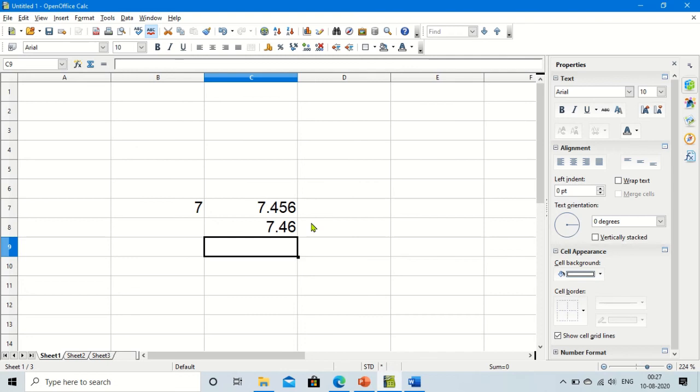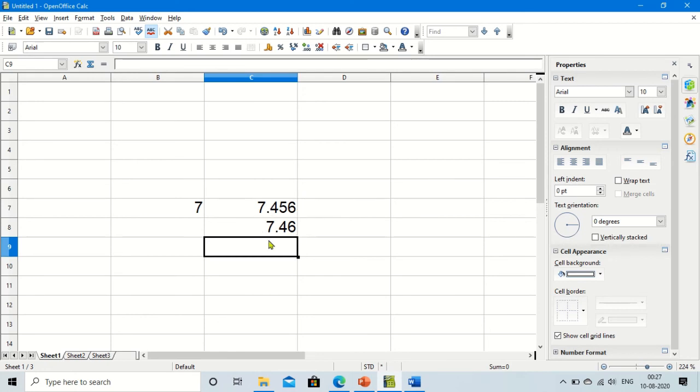If a number which is going to be eliminated is less than 5, then nothing will be added to the previous digit. If it is equal to or more than 5, then 1 will be added to the previous digit.